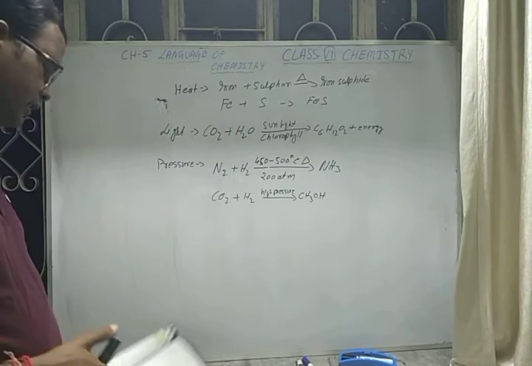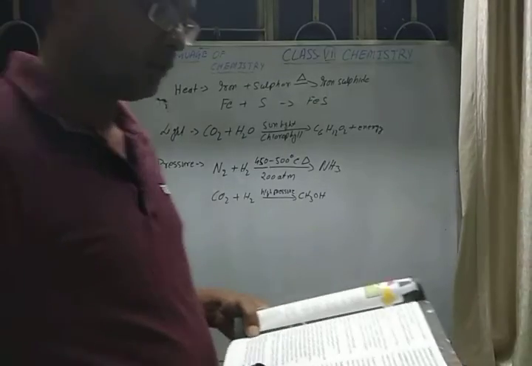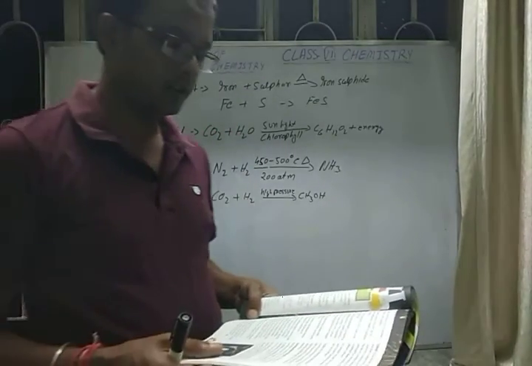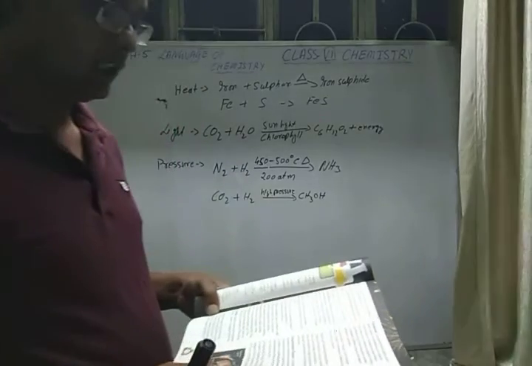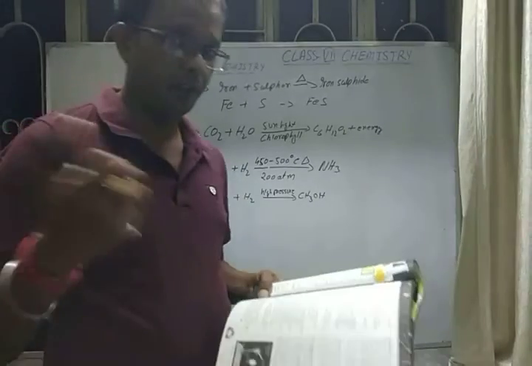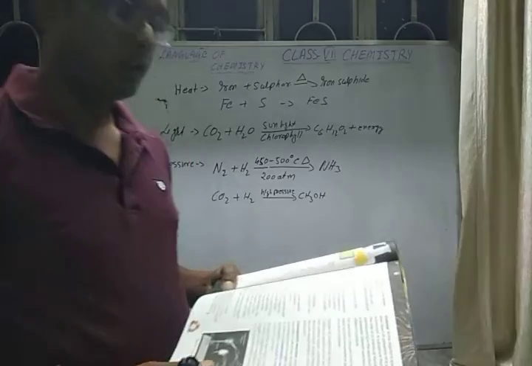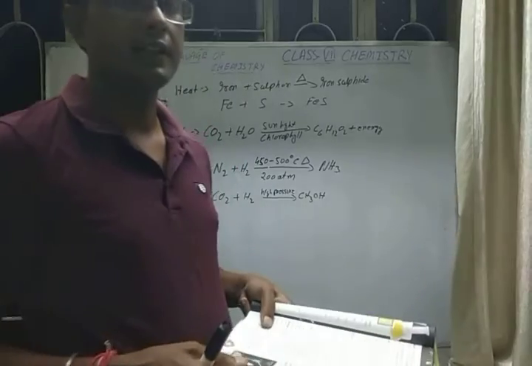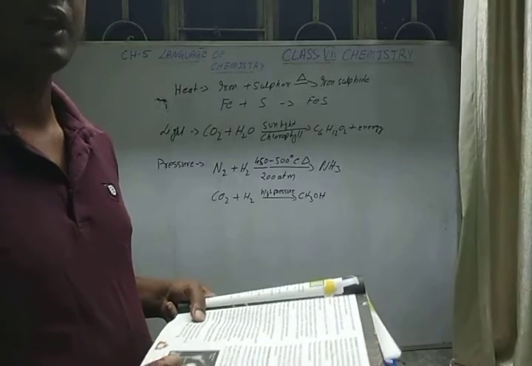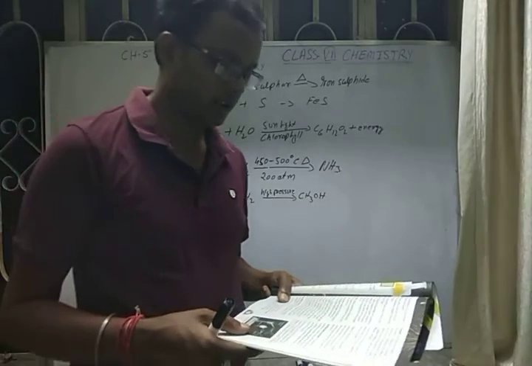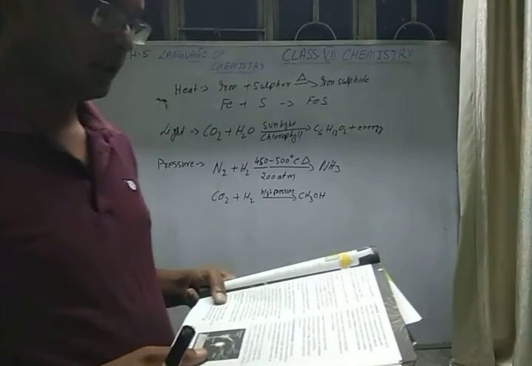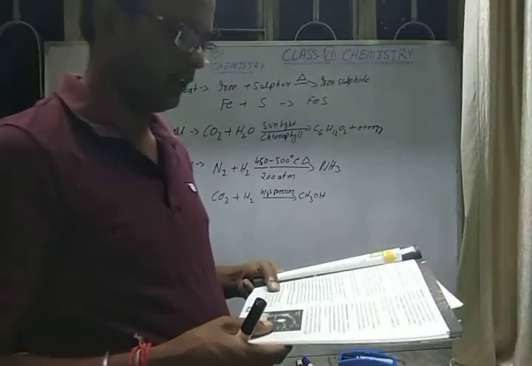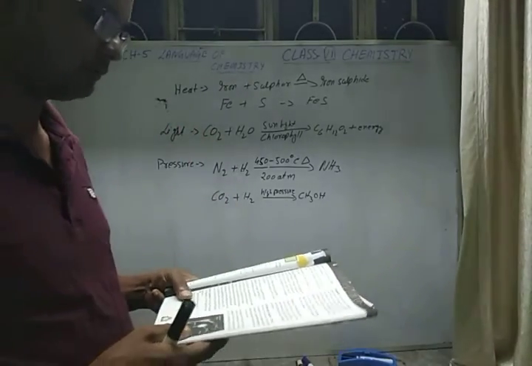Similarly, carbon dioxide reacts under pressure to form carbonic acid. This is used in our aerated drinks, soft drinks, fizzy drinks, you can say. If you increase the pressure and open the bottle, what will happen? The cold drink comes out. Why? Because the pressure increases inside the bottle, and the mixing of carbon dioxide also increases. So the taste of the drink becomes flat due to less or no carbonic acid left in the drink after the carbon dioxide escapes.